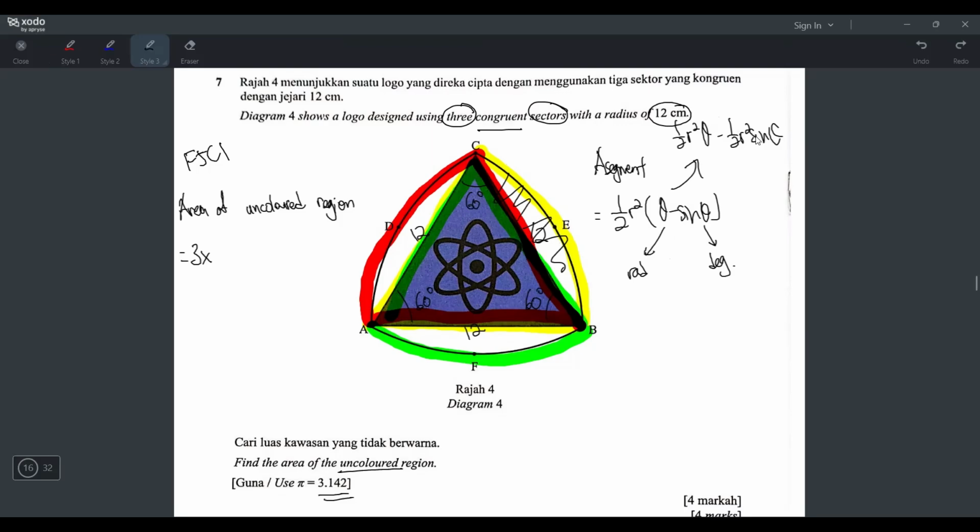Okay, it's just that I already factorized out the 1 over 2 r square. That's why the formula looks like this. Okay, let's start. 1 over 2 r square. So the r will be radius, which is 12, right? I'm using the yellow color one, but it's all the same size, so it doesn't matter. So the radius is 12 square, and then theta minus sine theta, and of course the theta will be 60